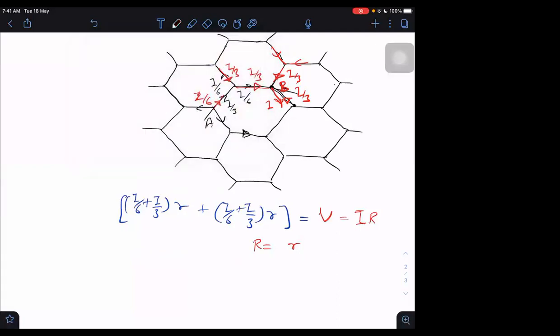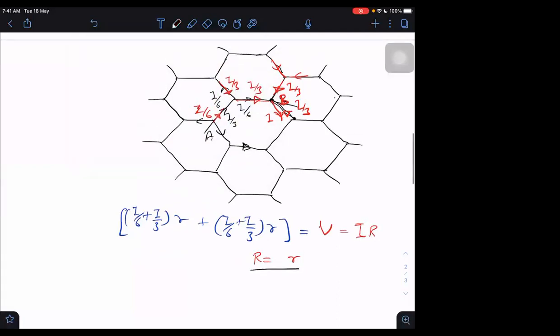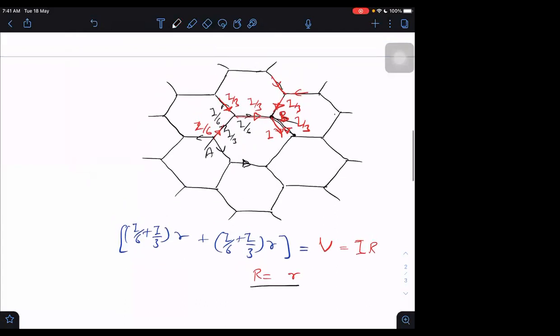It should be I by 6, no, sir? Which should be I by 6? I by 6 plus I by 6 will become I by 3, no, sir? Where is I? It is I by 3 minus I by 6 in this branch, but I don't need this branch. I am making the KVL equation from A to B, this side. I understood, sir, but it should be I by 6 also.